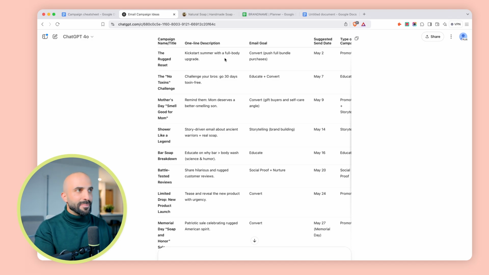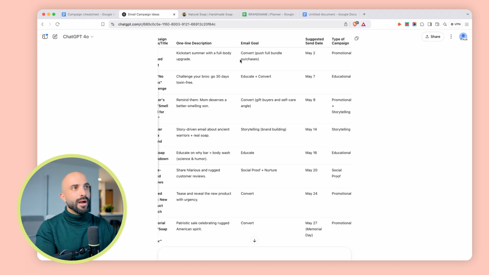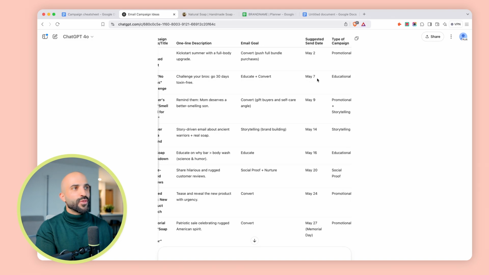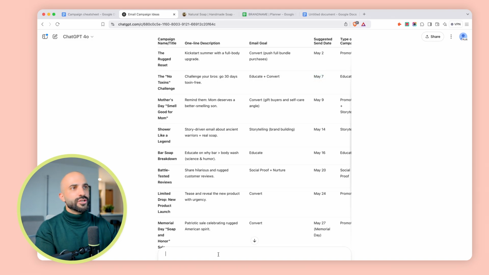So here, campaign name title, the rugged reset. Kickstart summer with a full body upgrade. This is a promotional one. And this is convert, push full bundle purchases. Interesting. Let's say right now, I like some of these things. Let's say challenge your bros, go 30 days toxin free, educate and convert, May 7 educational. I want to say,